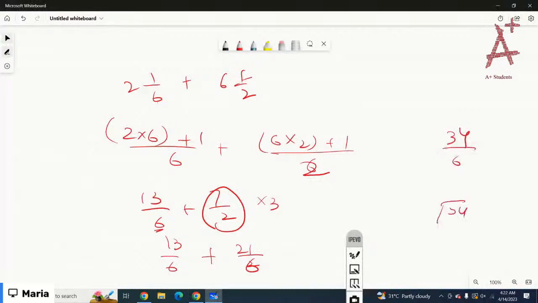Let's just divide 34 over 6. 6 times 4 is 24. No, we can go for 6 times 5 is 30. So here you have 4 left over. So the correct option is 5 whole 4 over 6. Or either you can divide 4 over 6 by a common factor, that would be 2. So it would be 5 whole